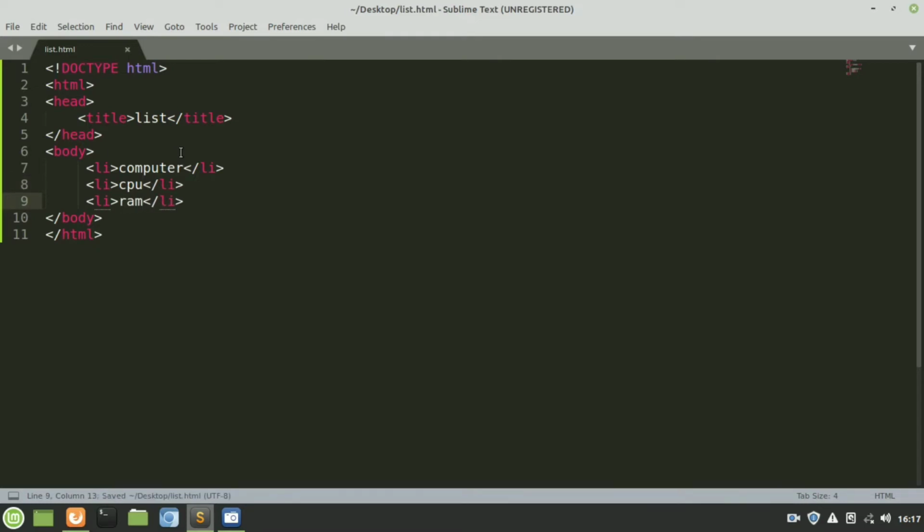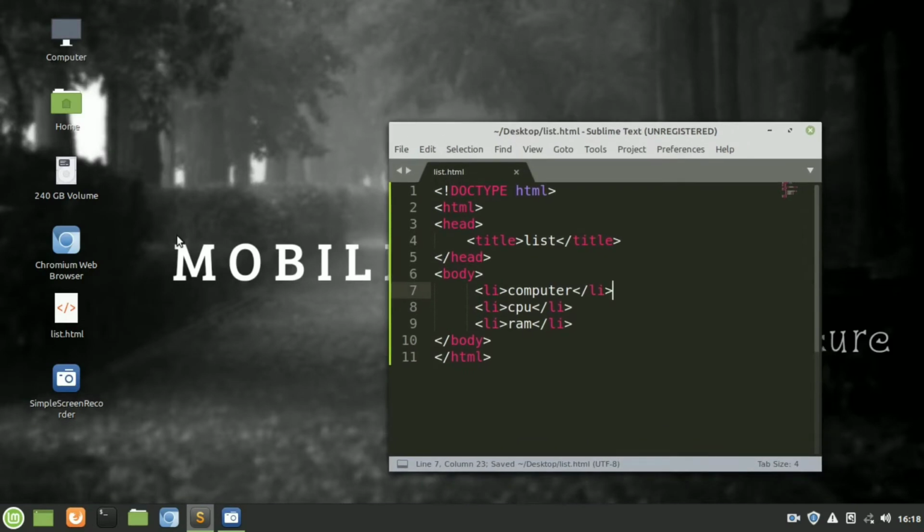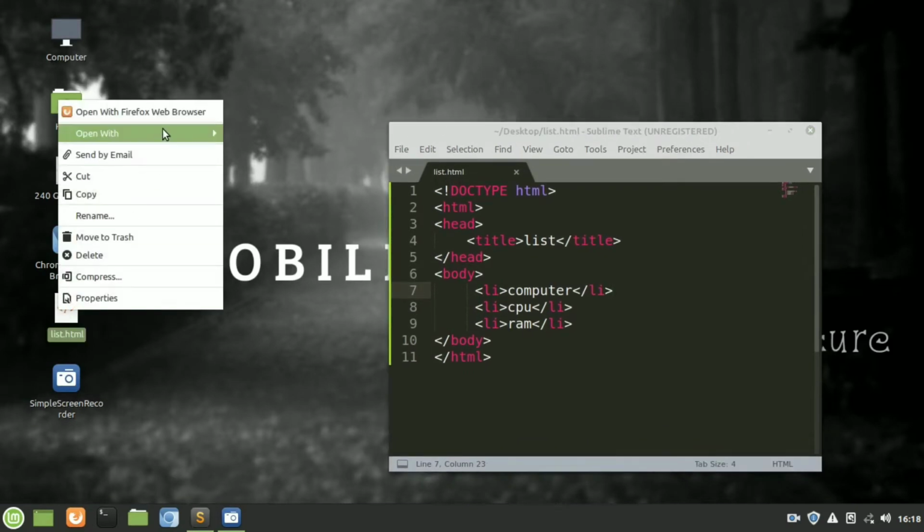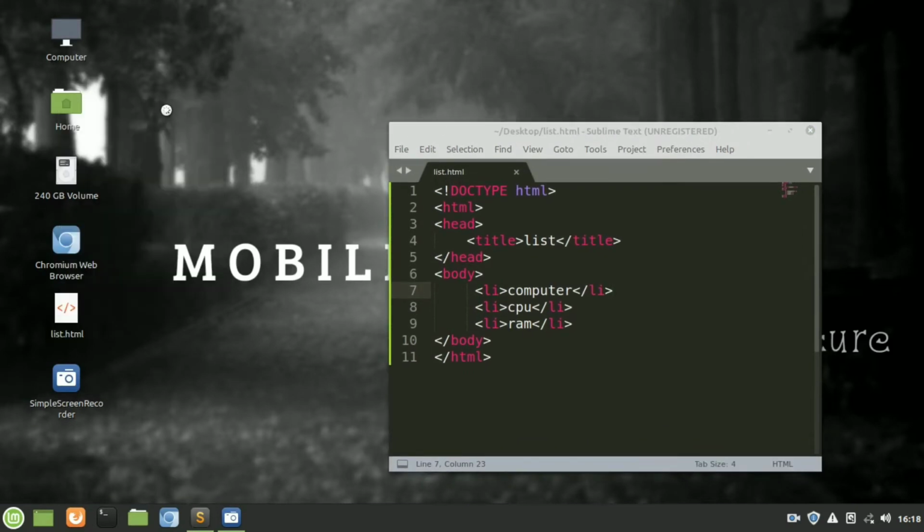Now save it. Then open your file in the browser. Now you can see the list is made, with the names computer, CPU and RAM.